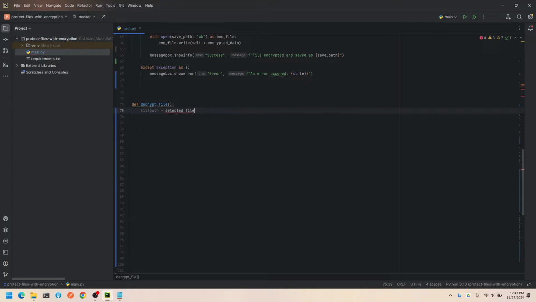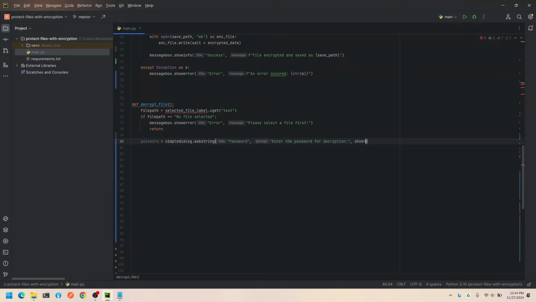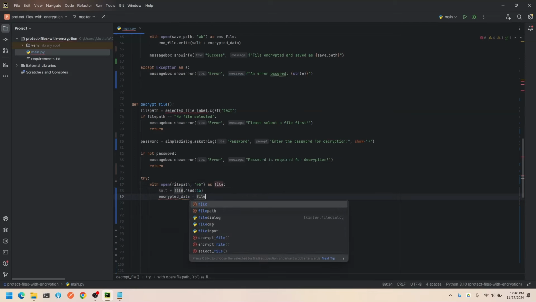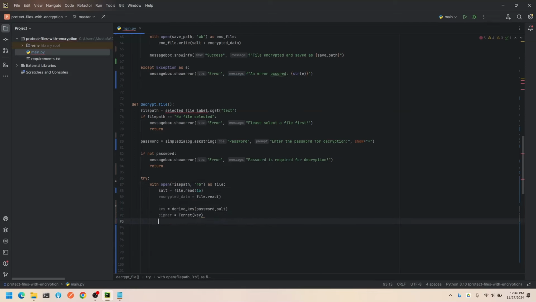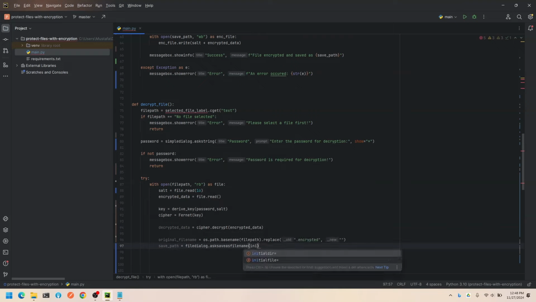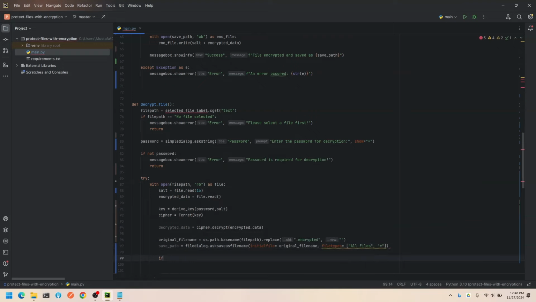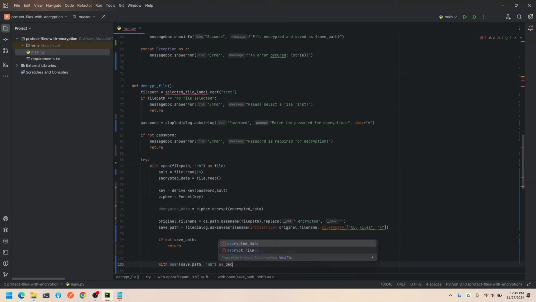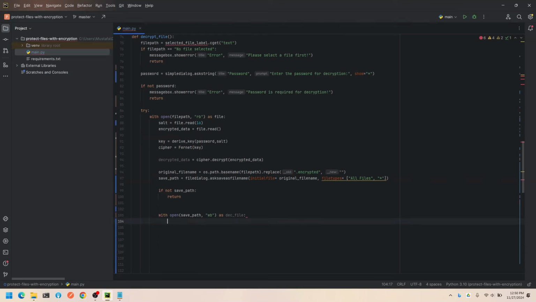Here we come to the decryption function. This function is basically the opposite of the encryption function. It gets the encrypted file and reads the first 16 bytes to determine the salt value. Salt value and provided password are used to generate the key that was used to encrypt the file. The key must be the same key as during the encryption so that the file can be decrypted again. After that, the file is decrypted and the encrypted file is removed.